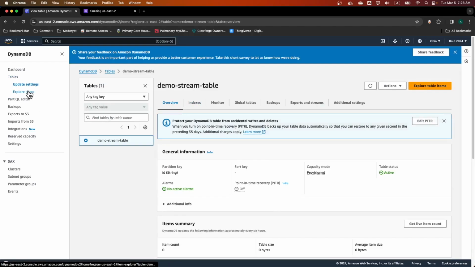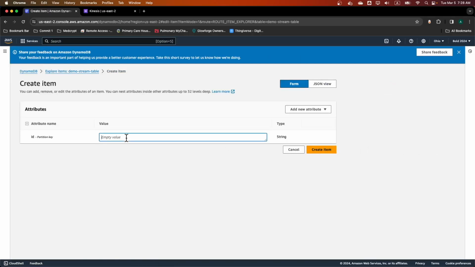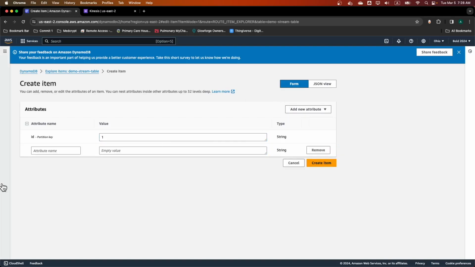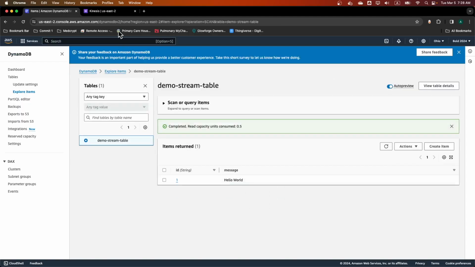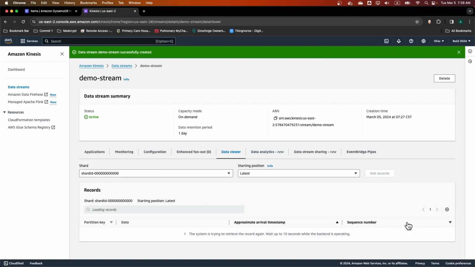Okay, so explore items. We do not have an item, so we're gonna say create item. Let's just say that the ID value is 1. We're gonna have another attribute. Let's call it message, and let's call it hello world. Once you create it, if we go back and retry getting the records,